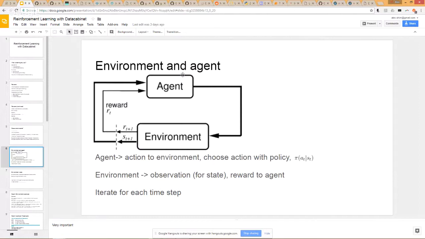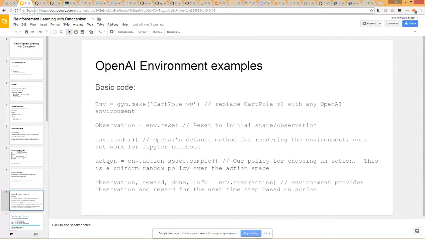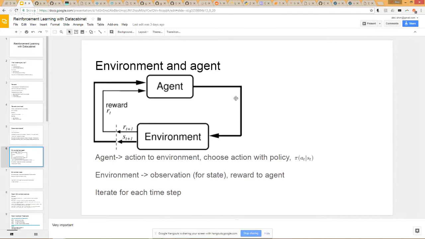The agent determines an action. We don't have a picture here, but the agent takes an action. If you remember in this code here, you take an action, and in this case you tell the environment that you're taking this action. The action is usually chosen based off of some policy. Given whatever state or observation you're in, you say, I will choose this particular